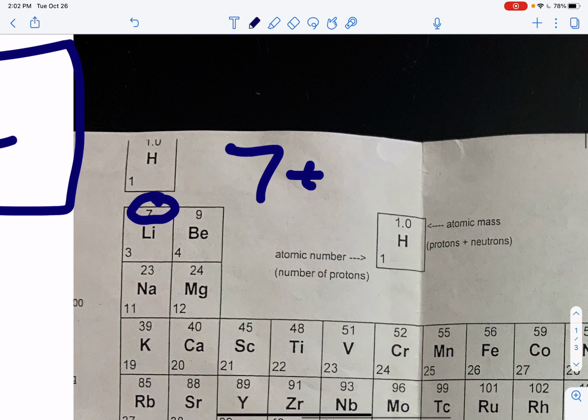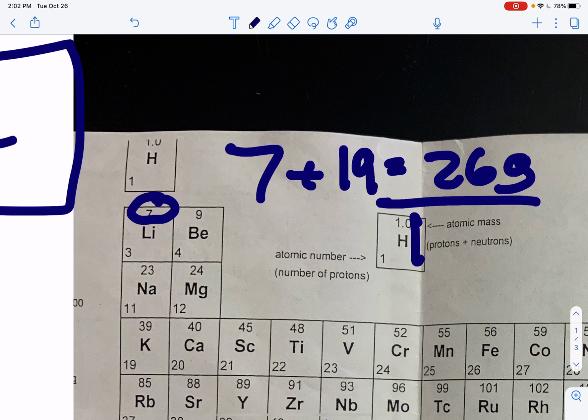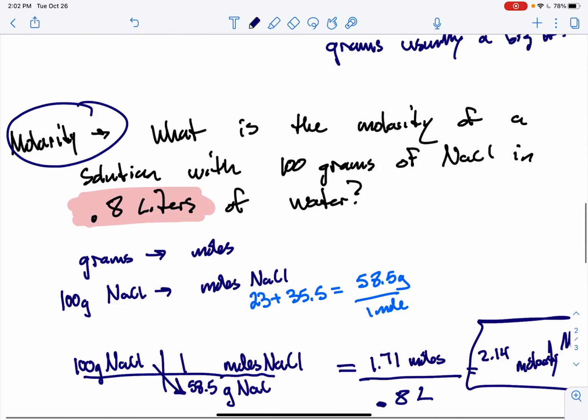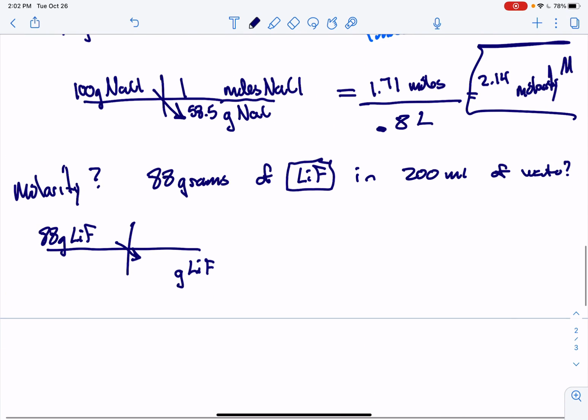So 7 plus 19 equals 26 grams per 1 mole. So then I come down here, and I have it set up now. I have 26 grams per 1 mole LiF. So 88 times 1 divided by 26. And I get